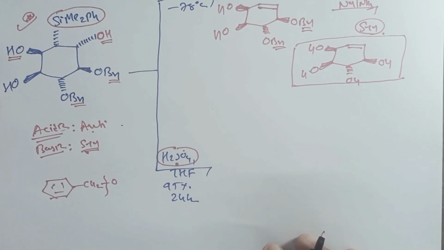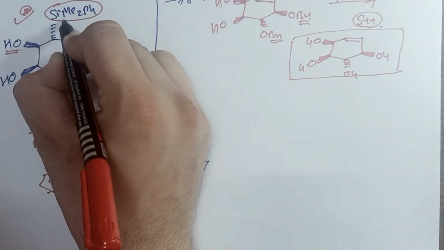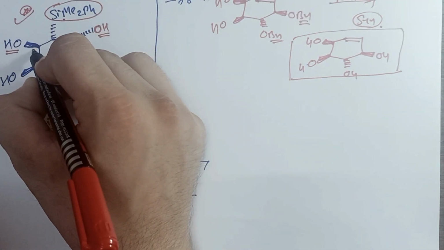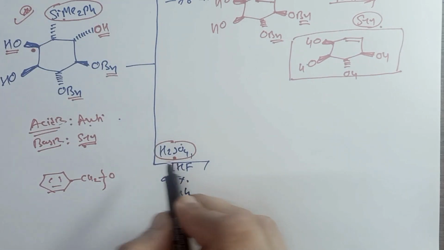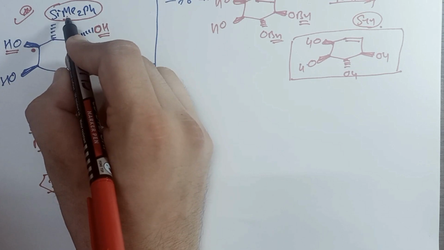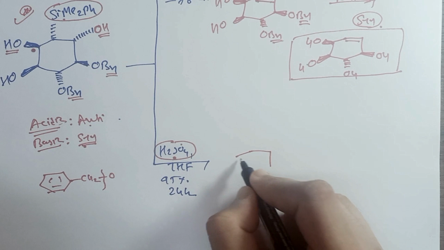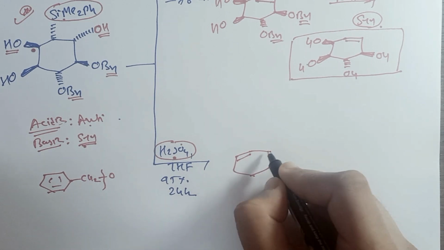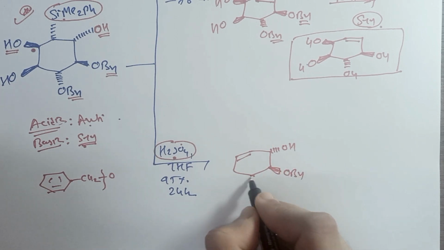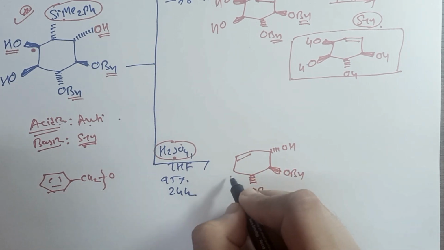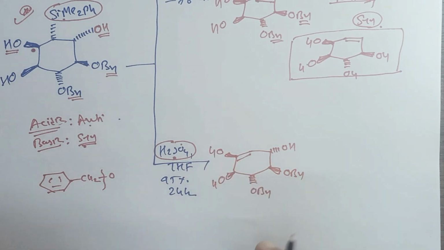Now let us understand the acidic condition. Here this is the silicon, and in the beta position we have an OH group. We can understand that in the presence of the acid, this OH group and silicon, both in the beta position, will produce a double bond over here. Whatever the other groups, they remain as they are. Here we have an OBn group, here also an OBn group, and here an OH group, here also an OH group.